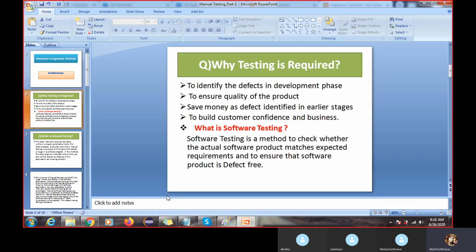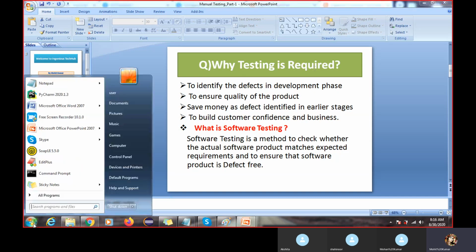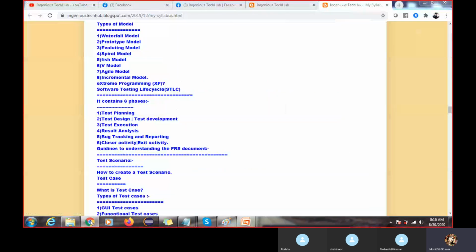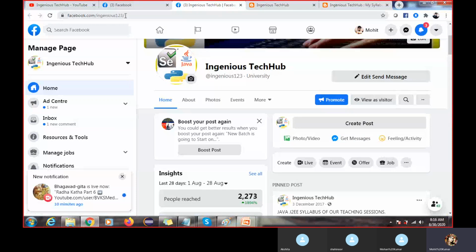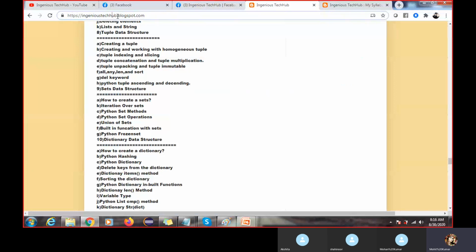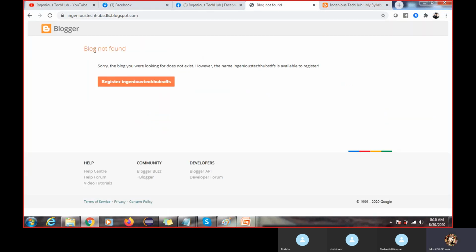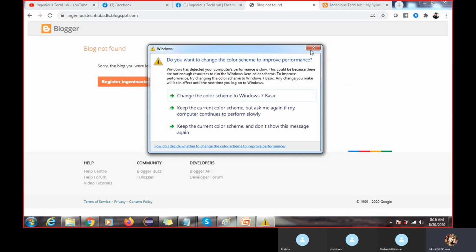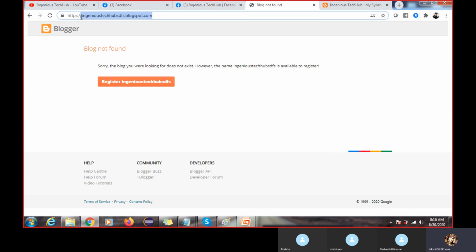I'll give you one example. You can take, like, this Facebook page or something, like this is one blog, right? See, blog is not found, so this is negative testing. I have entered a wrong URL. But sometimes for a high level defect, if you enter your proper URL, it is not working properly. Got it, right?